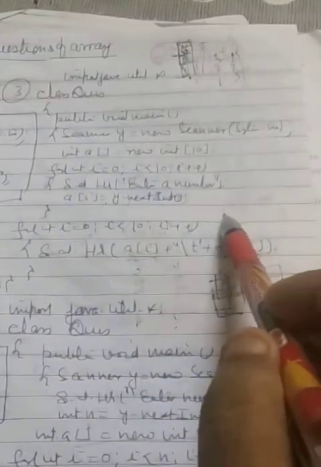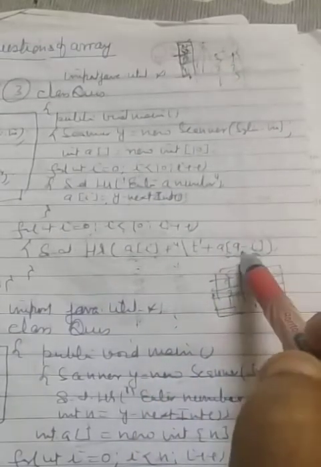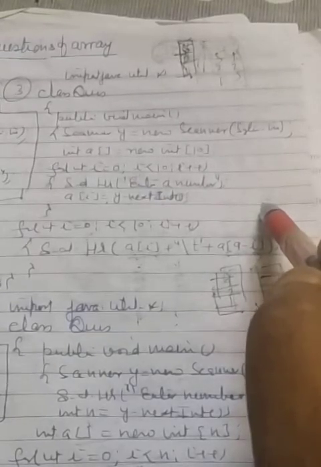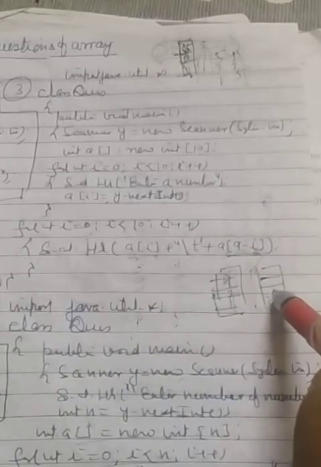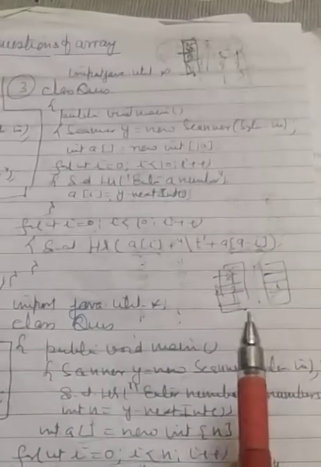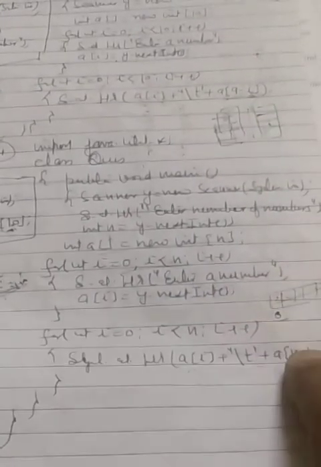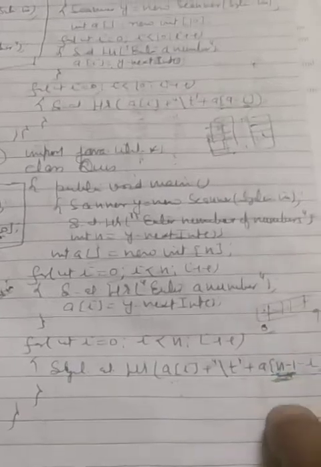The value of i will become 1, a of 1. The number at a of 1 will be printed out and the number at 9 minus 1, 8, a of 8, will be printed out. A of 2, a of 7. A of 3, a of 6. So here the normal list will come, and here the reverse of the numbers stored in the array, the numbers in reverse positions, will be printed out in the second column. So this is the benefit of the array, that the values are stored and we can use those values which are stored in any manner, right?